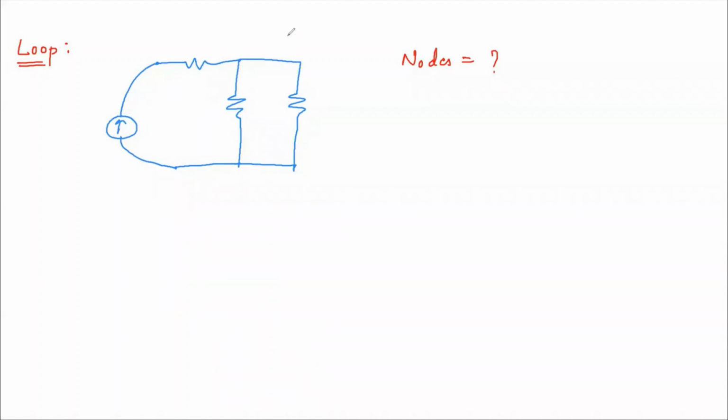Oh, sorry. Yes, it is 3. The number of nodes is 3. One second, I will tell you. This is 1, this is 2, and this is 3. This is a separate element, this is a separate element. So the number of nodes is 3. Of course, you have tried well, no problem. So this is the number of nodes.